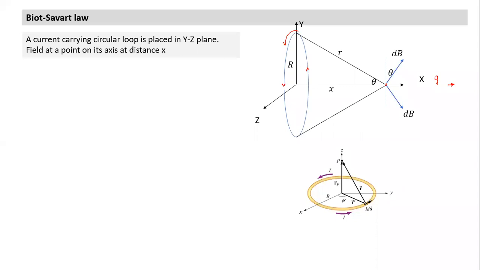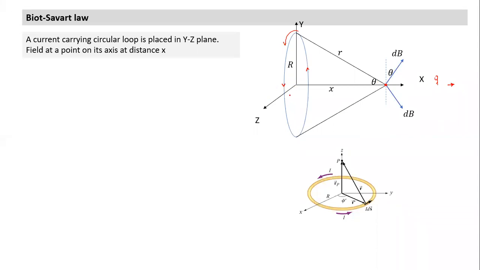We did something similar elsewhere, finding the field on the axis of a circular charge. The components, and the symmetry also will come into the picture. So we will take a pair of current elements, a diametrically opposite pair of elements, and we find the perpendicular component cancels out and only the axial component remains, and the resultant field is going to be the integration of the axial component. And there also you'll find it becomes very simple. It's just integrating over theta.